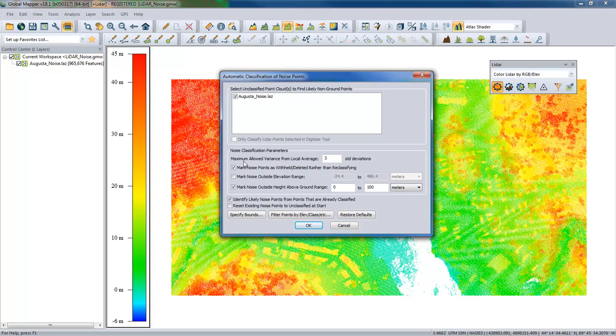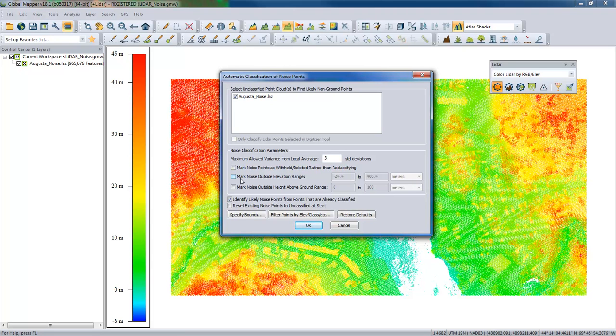Now, that's kind of 2 steps in one: identifying noise and also removing them. In order for us to see the results of this process, I'm actually going to uncheck that box, and we will see the noise points based on a very specific color as that will be assigned to that noise classification. Now, when it comes to actually identifying the threshold values, we can do this in a couple of ways. We can do this based on the variation of the points based on our known ground elevations. I'm actually not going to take that approach in this case. I'm going to uncheck that box, and instead I'm going to perform the noise identification based